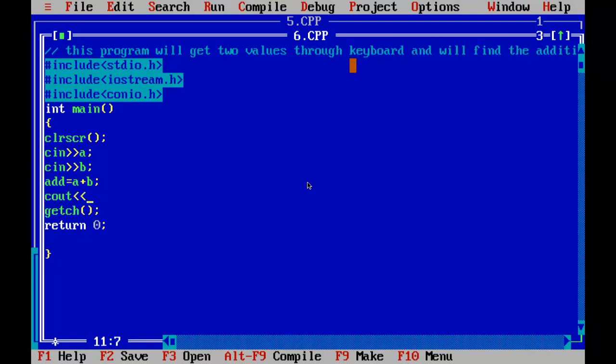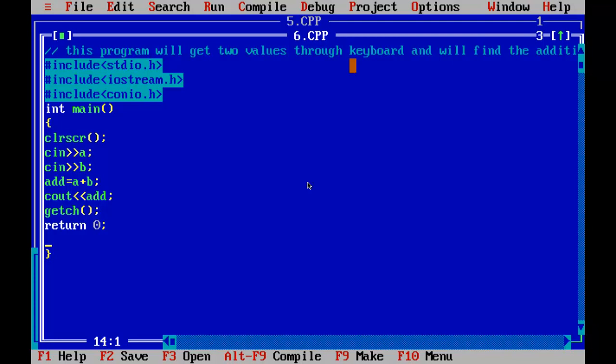So cout, less than sign, give the message. You can display without a message also, for example, add. Now this is getch to stop the screen to see the results and to come back to the program. So this end, and save the program.